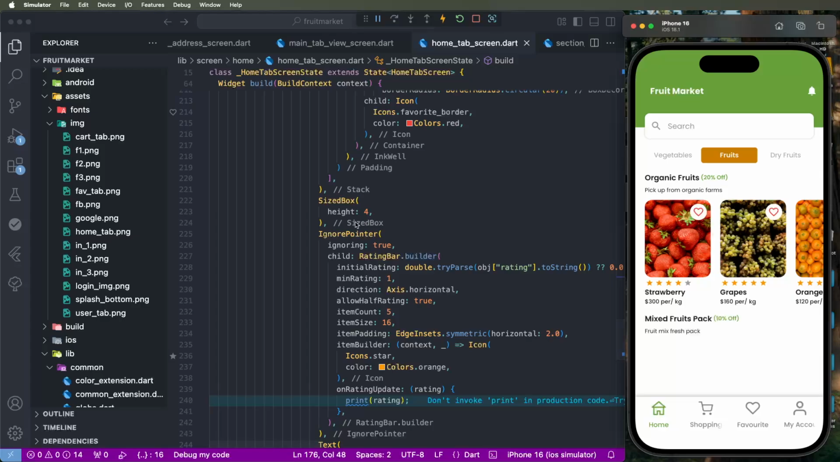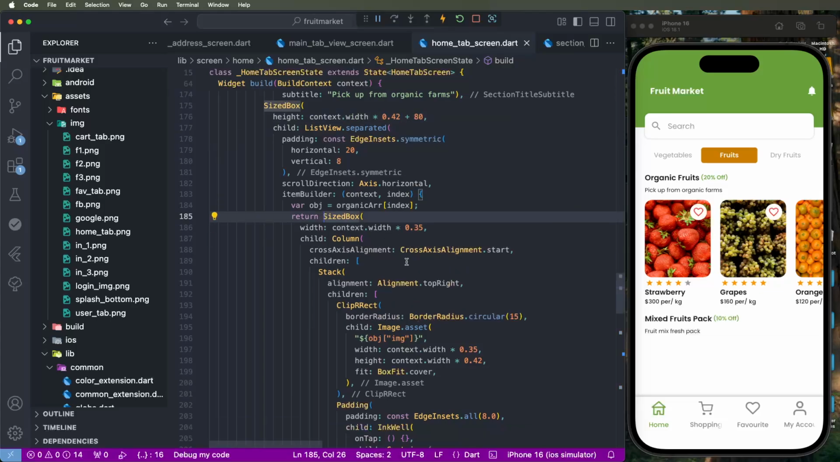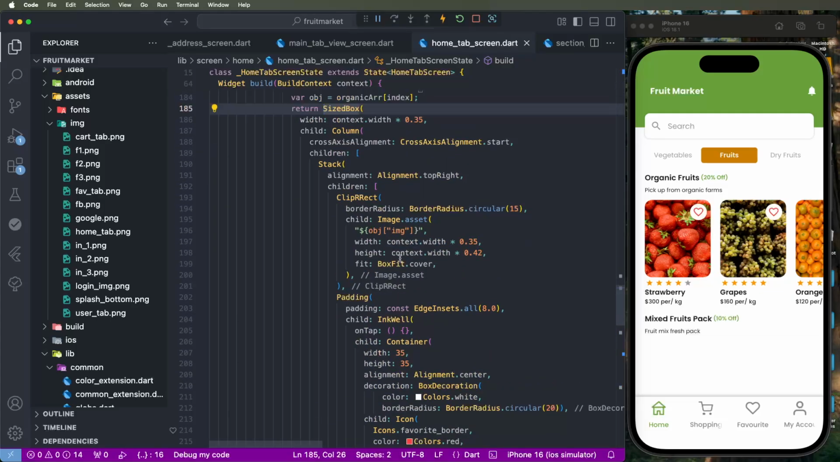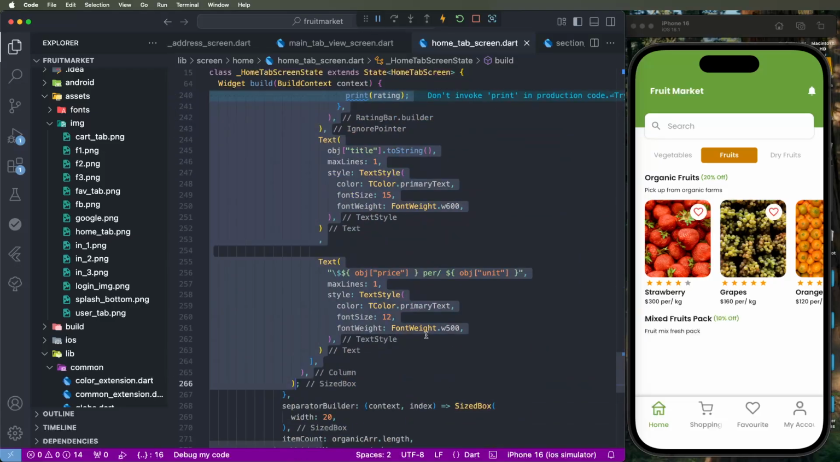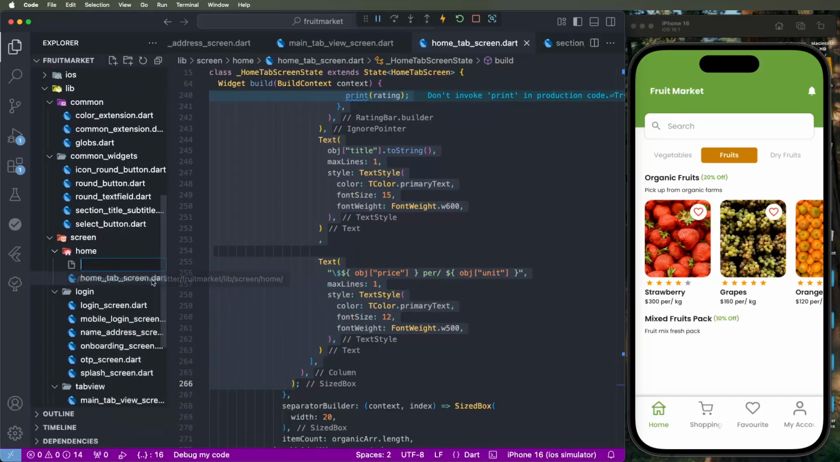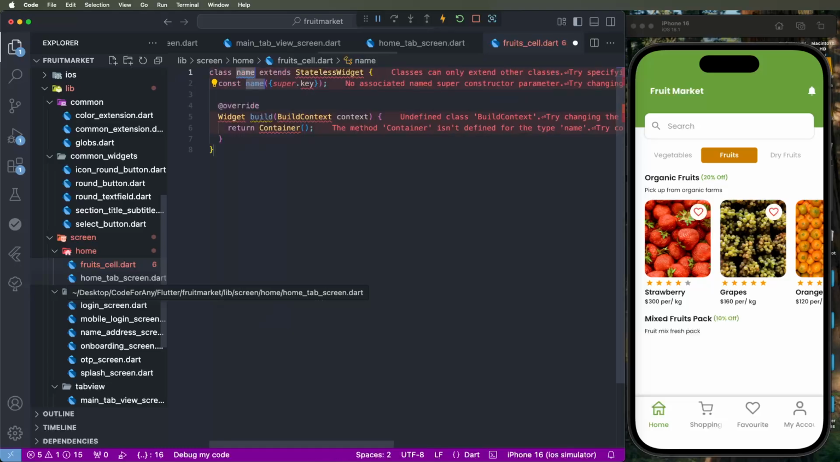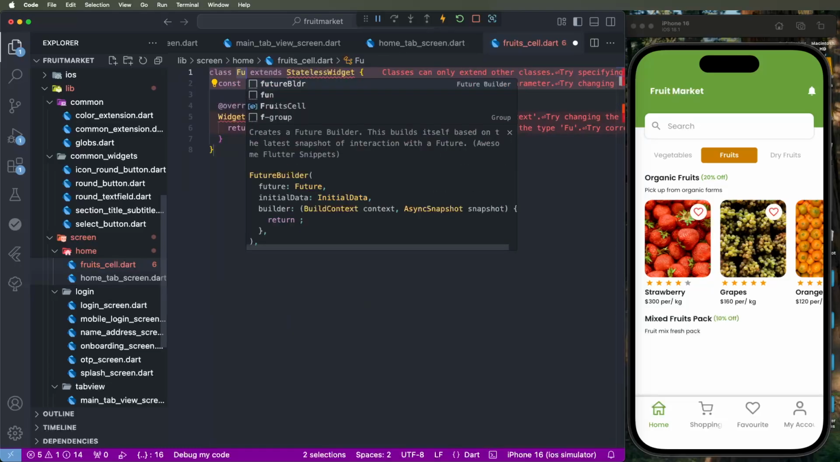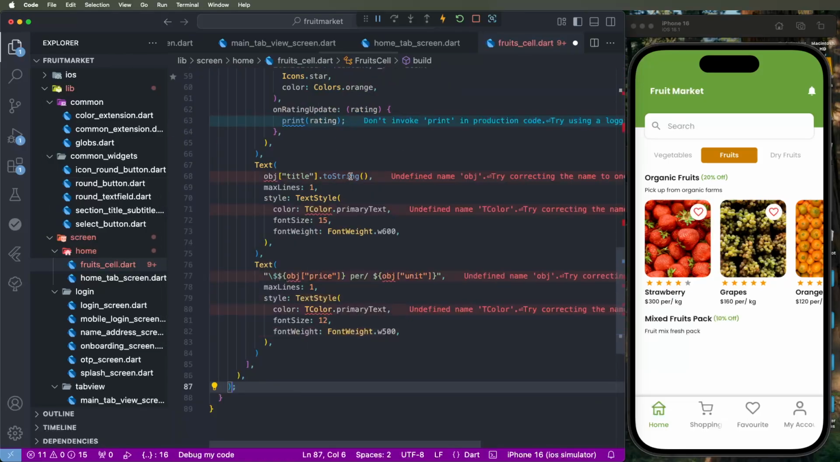Now we need to copy and paste this UI. We need to convert into the common cells for this data showing. Now we need to cut this sized box, cut here, copy here, and now create the common widgets. Here we need to create the new file, and set the fruit cell dot dart, create the stateless widget, set here the fruit cell, and we need to import the material dependency, and paste this code here, and